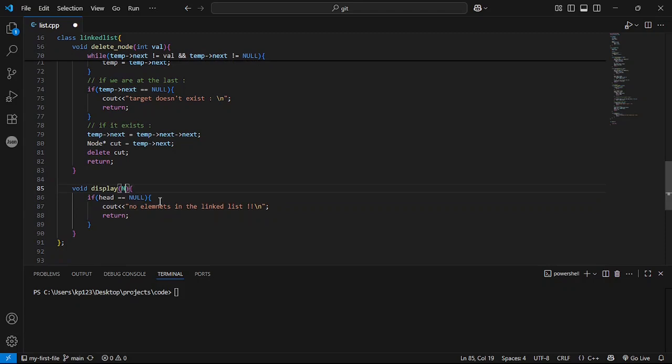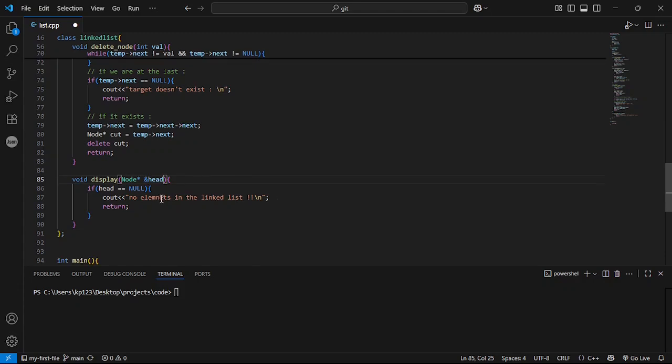I think I will have to provide the node pointer head address of this particular pointer, if I'm right.